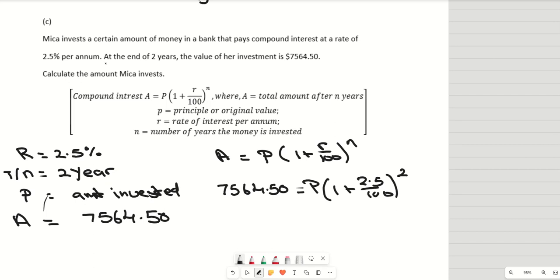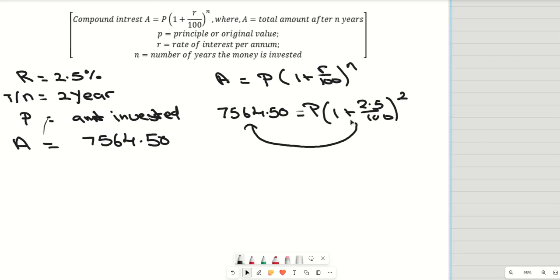Now, when we see this, we're trying to make P the subject. So we're going to carry across this entire thing, and the relationship between P and that last value, this bracket, is multiplication. So if you carry across multiplication over an equal sign, the opposite of multiplication would be division. So we'll get